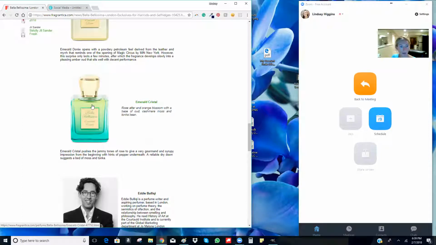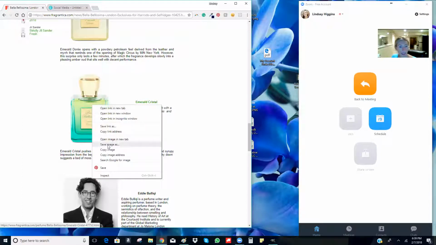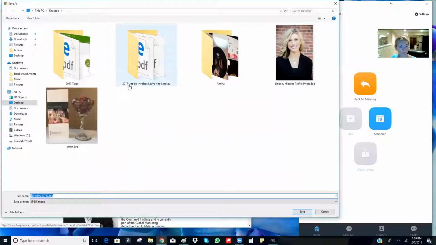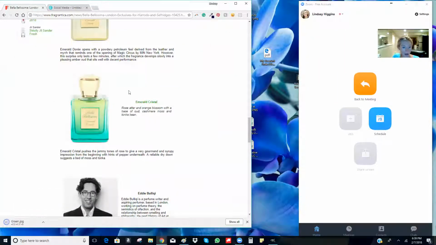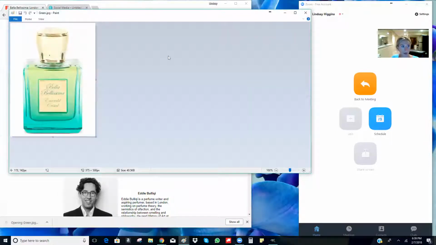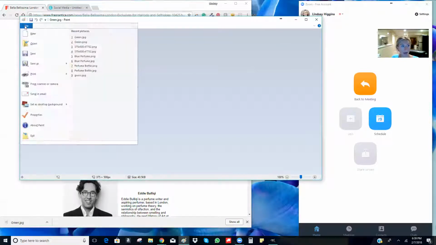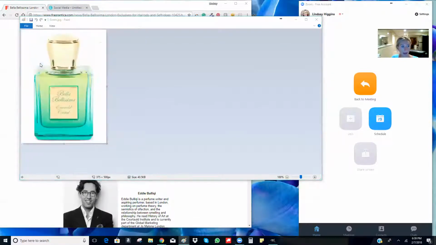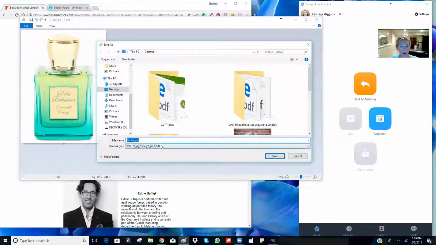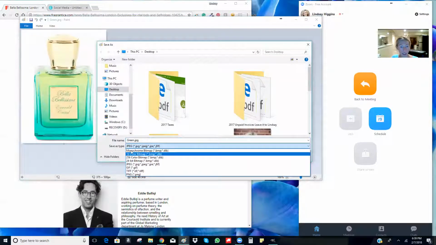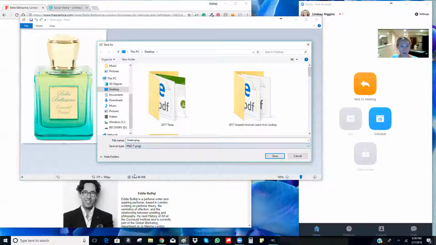So the first thing I'm going to do is right click and do save image as. And I'm going to just call this green. And it defaults to saving as a JPEG. And then once it's downloaded, I'm going to open it up in Paint here. So then I'm going to go to File, Save As, and then I'm going to change it from JPEG to PNG. So then I'm going to hit Save,